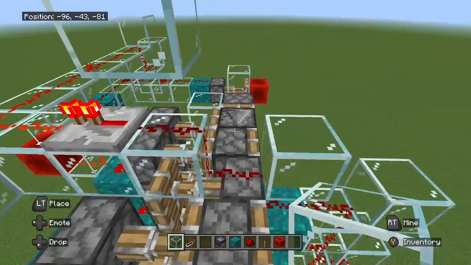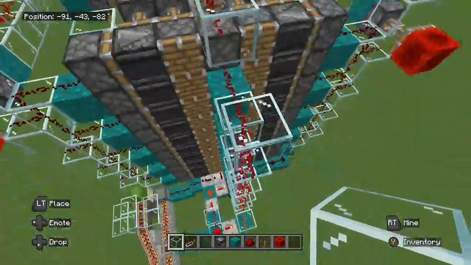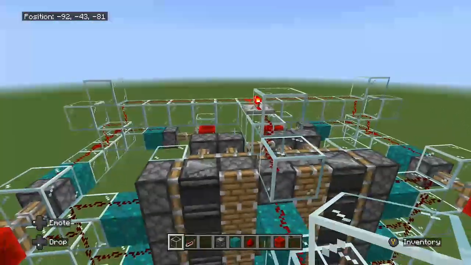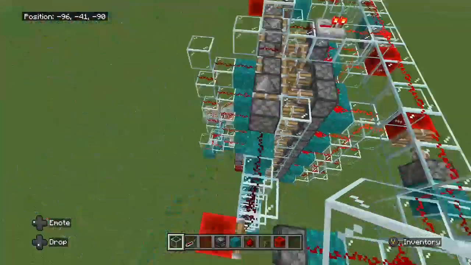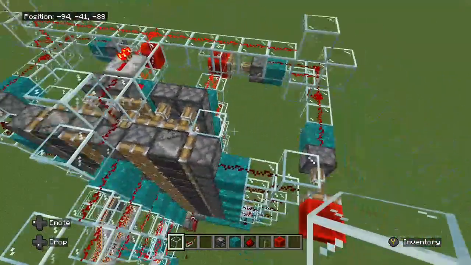And right here. Nope, right here. There we go. So this is how you want it. Now, had I missed this, inevitably a wart block would go right here and cut all this off. So what's going to happen here is that detector rail is going to provide a 10-tick redstone signal that's going